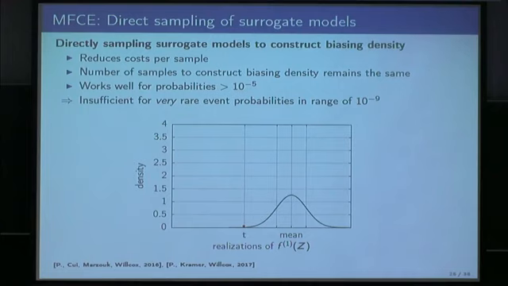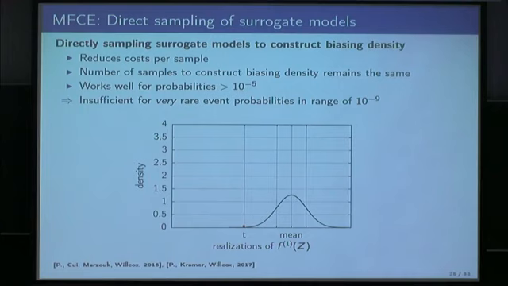Now what we are interested in here is sometimes called very rare events, where this threshold is, say, out here, and then we would need to sample this billions and billions of times, and the sheer number of samples is what's really the challenge here. So we cannot even afford to evaluate the surrogate model at so many samples.